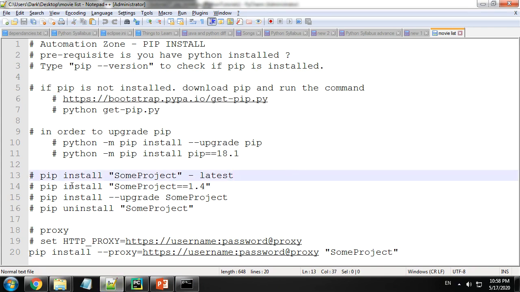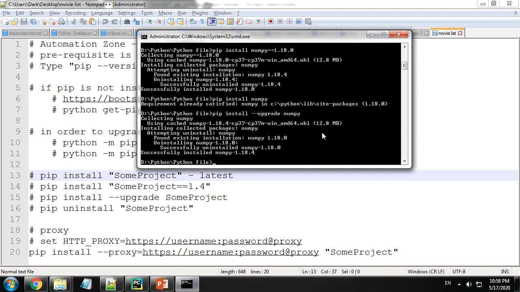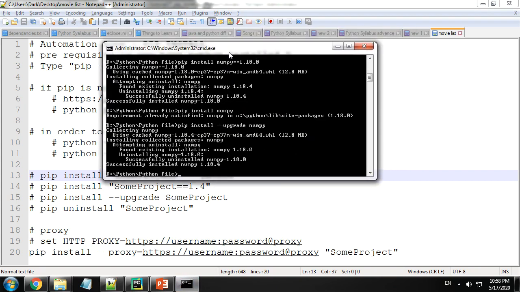Okay, now last but not the least, we'll talk about how to also upgrade pip to a specific version or the latest version. So the command will remain exactly the same with a few tweaks. How did we install a different package? We did pip, we did install, and we typed in the package name. Here it is going to be pip, right? And in order to upgrade, we did -- upgrade.